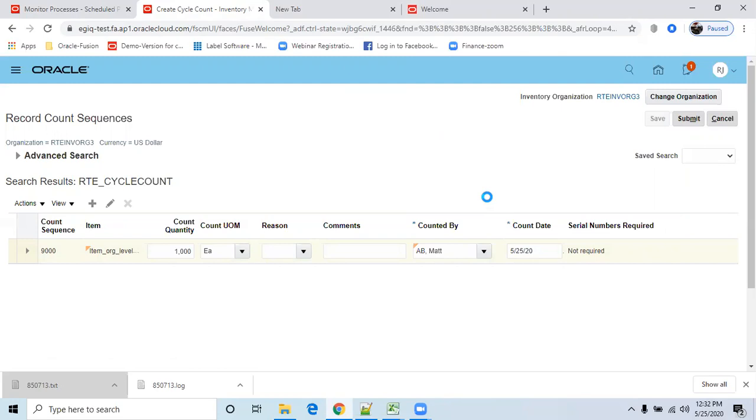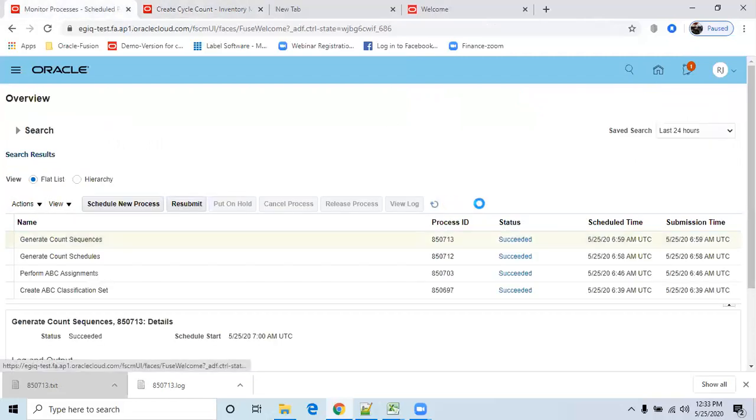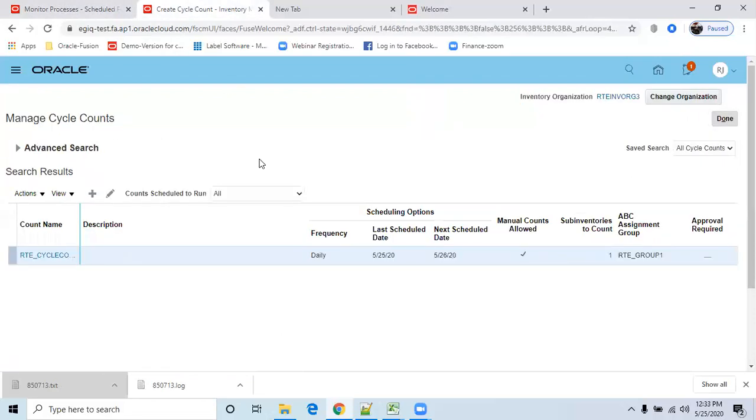Why did you get only one? So it has to come as two items, right? Submitted. Process is one. So it has to come two. Not sure what the problem is.